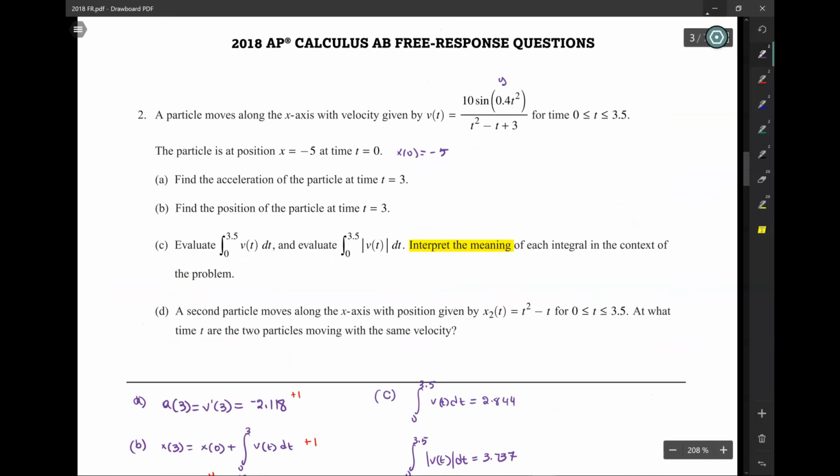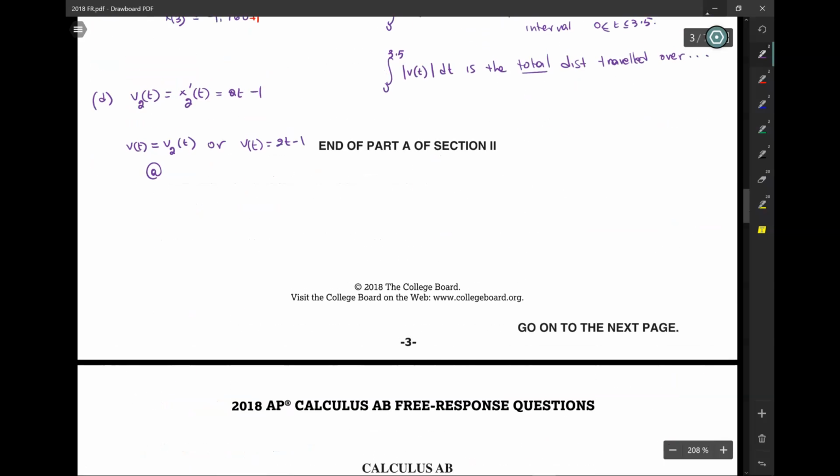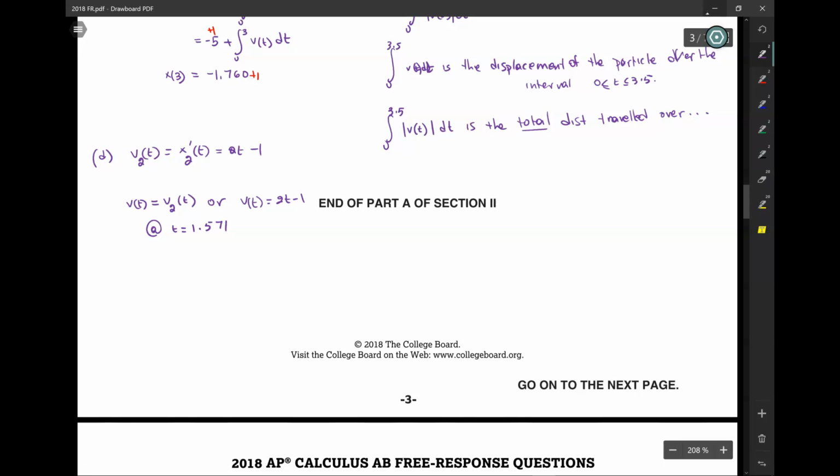Plug this into y1, plug y2 equals 2t minus 1. They are the same at t equals 1.571. Okay? You get 1 point for this, 1 point for this. Okay, now,